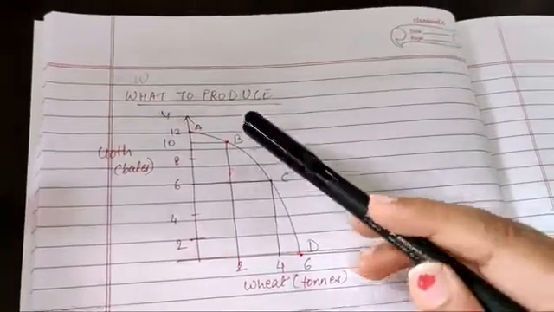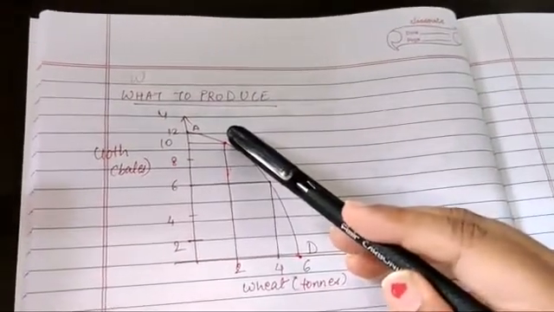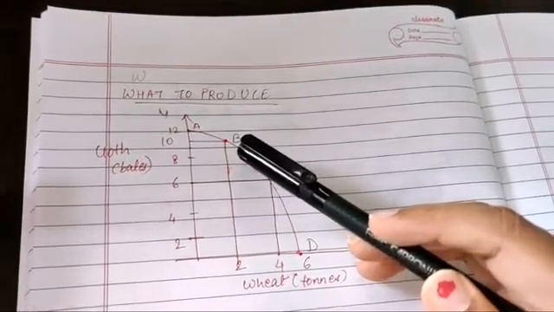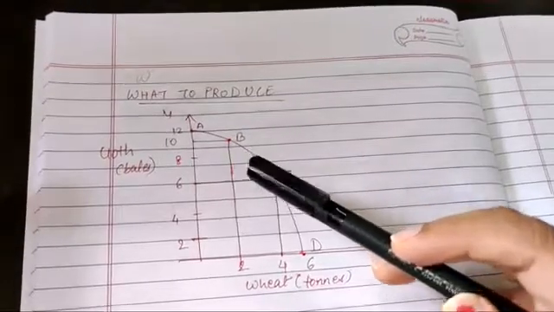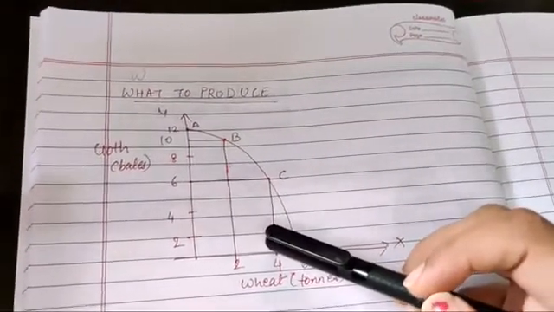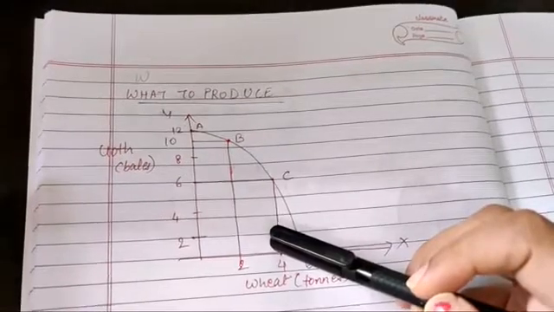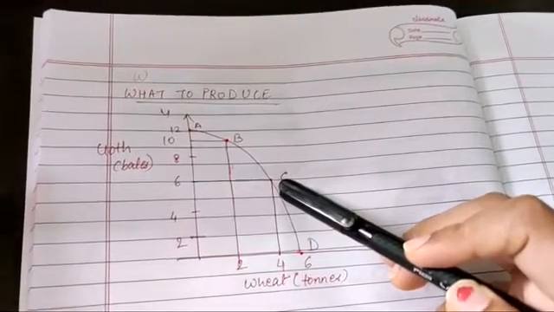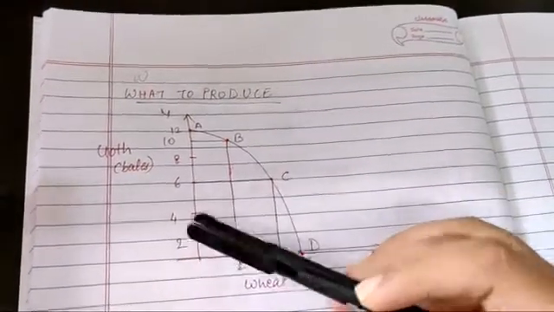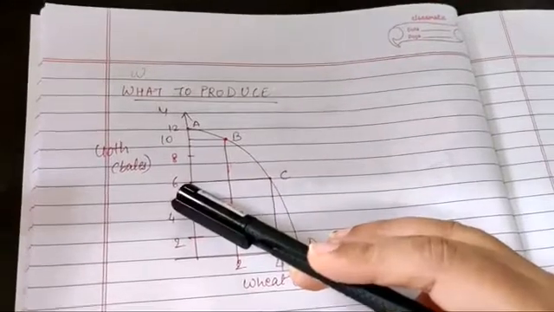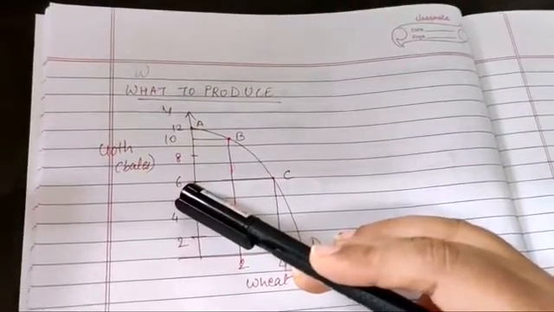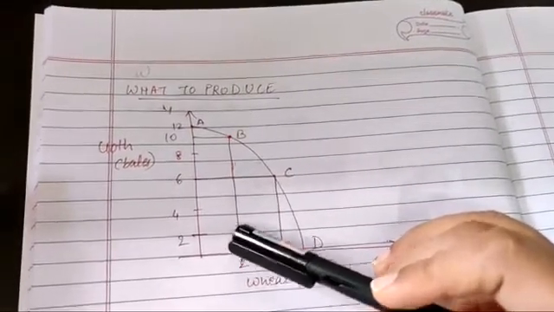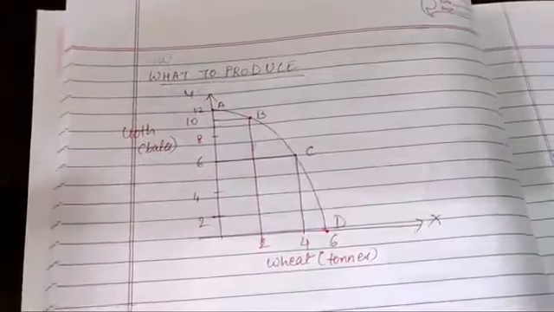Any point on the production possibility curve corresponds to the fuller utilization of resources. Thus, point B shows the production of 2 tons of wheat and 10 bales of cloth, and point C shows 4 tons of wheat and 6 bales of cloth. At both these points, resources are fully as well as efficiently utilized. But if the production of one commodity is increased, then the production of the other commodity has to be decreased because the given resources are already fully utilized. Hence, the problem of allocation of resources across their different uses arises.